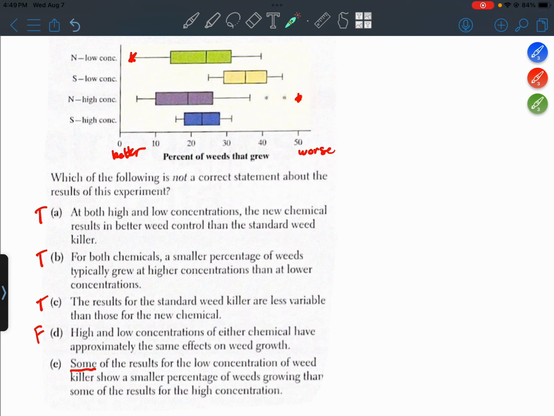All right, let's see if that could also be true for the standard chemical. The standard chemical at low concentration, one of its values is like 25%, but at the high concentration, there's one value that's above 30%. So yes, again, we found at least one result for the standard chemical where we have a smaller percentage for the low concentration than we did for the high concentration. Okay, so the only false statement here is